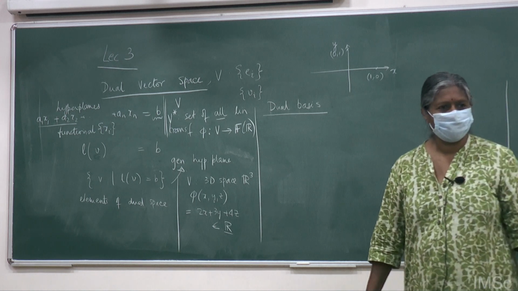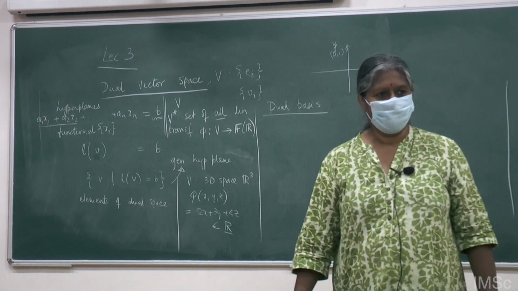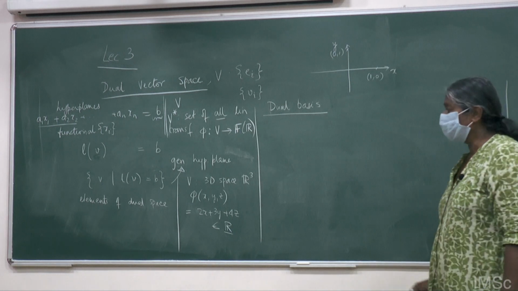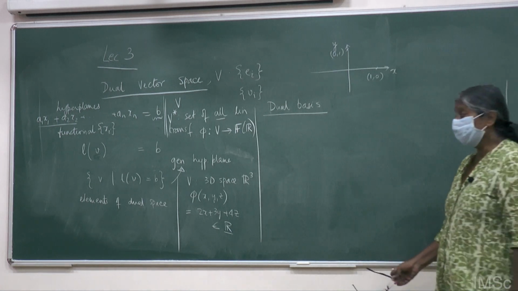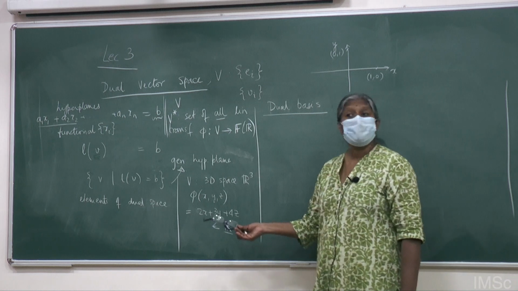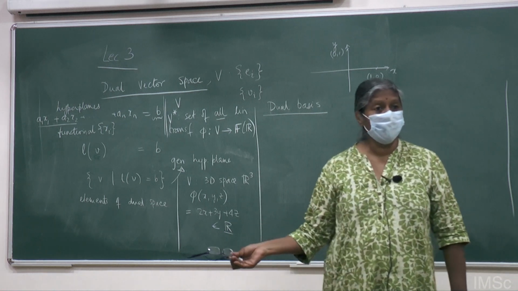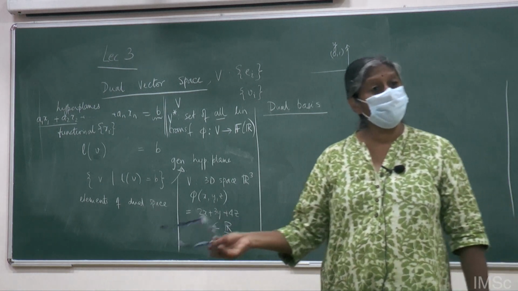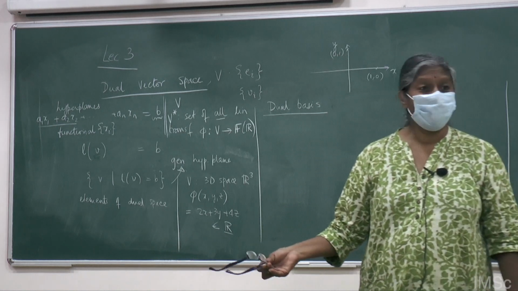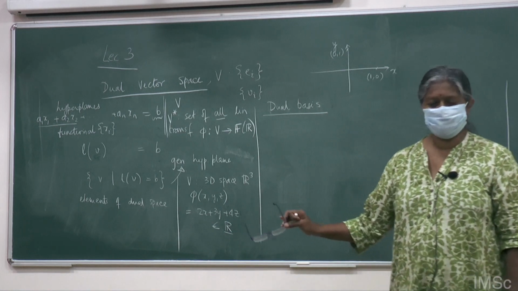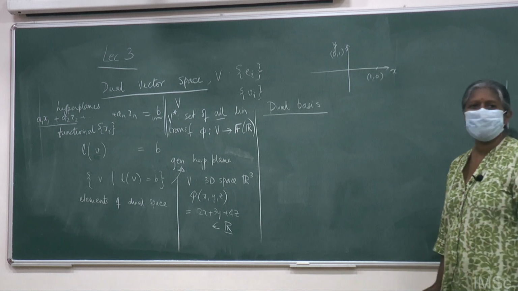How we define a function will be a defined basis. Correct. And in fact, there is another complication which I simply won't go into. You can see that the dual vector space satisfies all the properties of a vector space, which means that I can define the dual to a dual space, which is called a double dual space. But I will stop here. I will not go beyond this. You can keep reading about it if you wish.